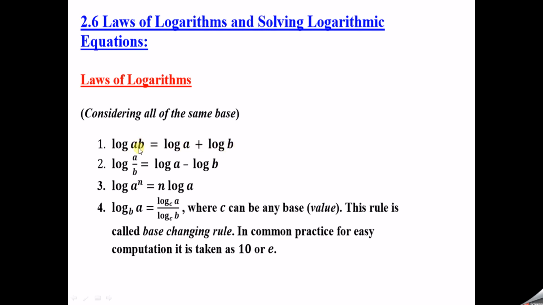That means when there is a product A and B, if we apply logarithm to that product, that can be expanded as logarithm of the first number log A plus logarithm of the second number log B. So log AB equal to log A plus log B. The second property or the second law, log A by B, if there is division, then we can write it as logarithm of A minus logarithm of B. That is logarithm of numerator A, log A, minus logarithm of B. So whenever there is division, you will get minus in between the logarithms.